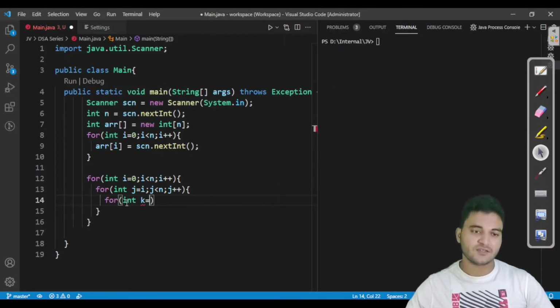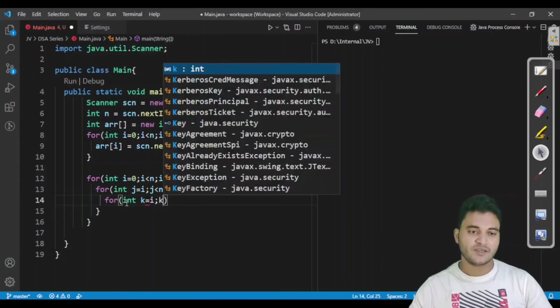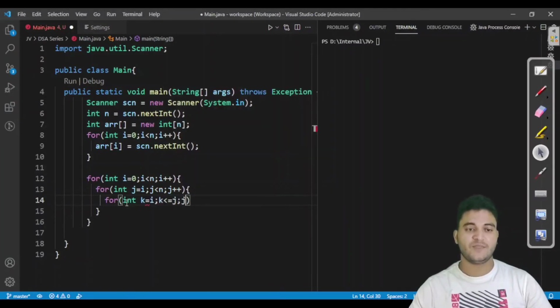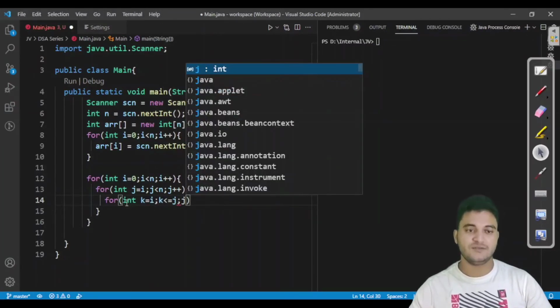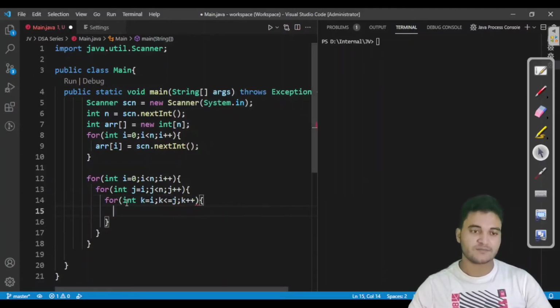If you are done with your thinking, then I am writing. You would be starting this loop from i, because you have to print all the elements from i to j. So I am starting from i, and my k value will be going to j, because I have to print all the elements till j. Fine. And in the end I have to increase k plus plus.